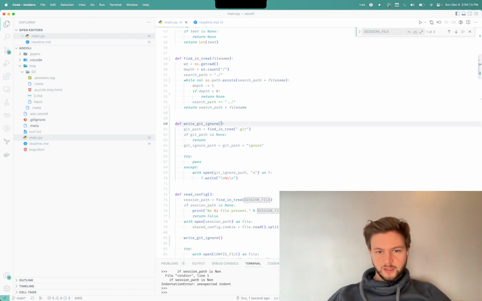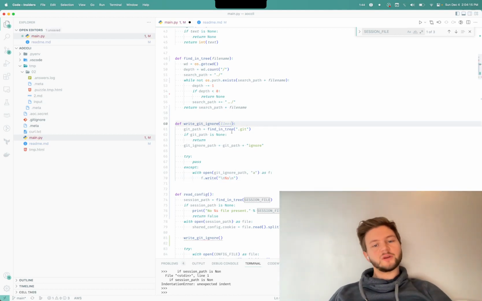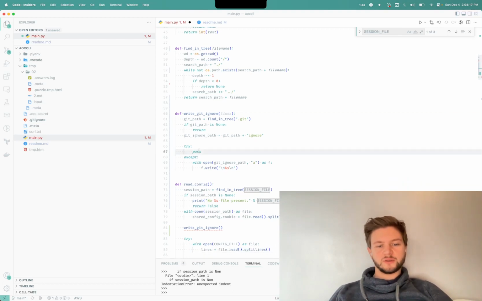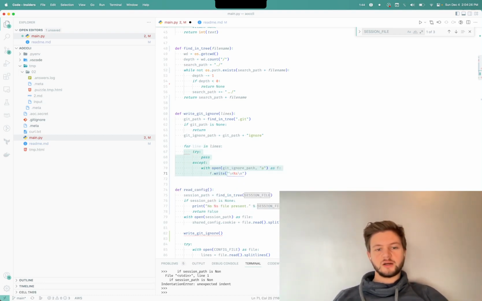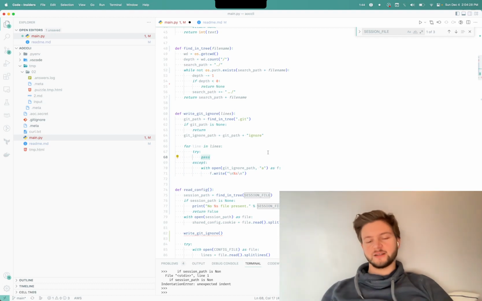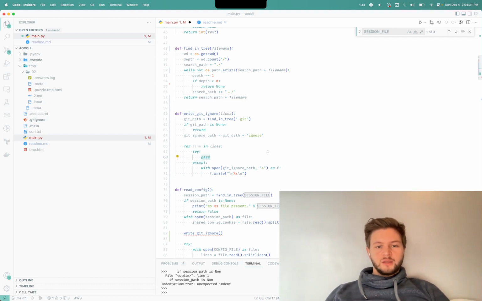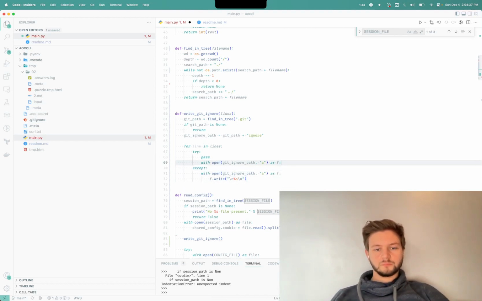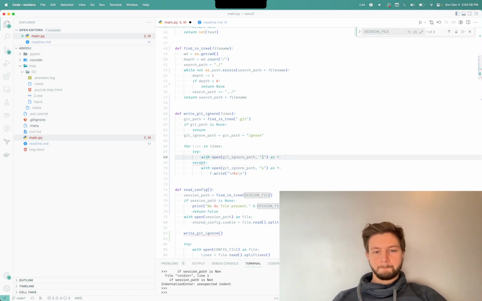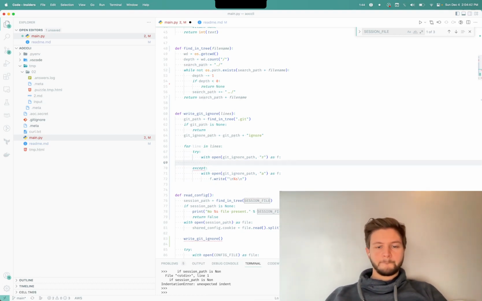And we'll have the lines that we're looking for, and we will make sure that for every line in lines, there will be the content of that line in the gitignore file. So we'll do with open read as f. Read lines